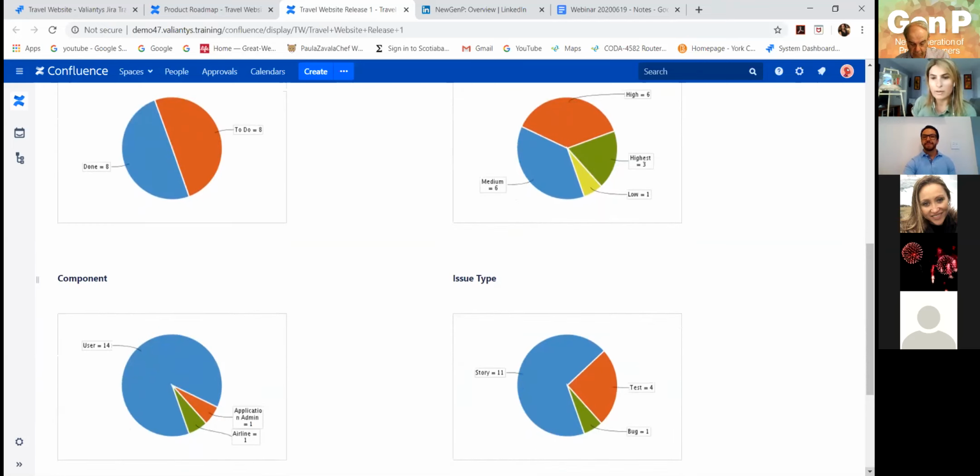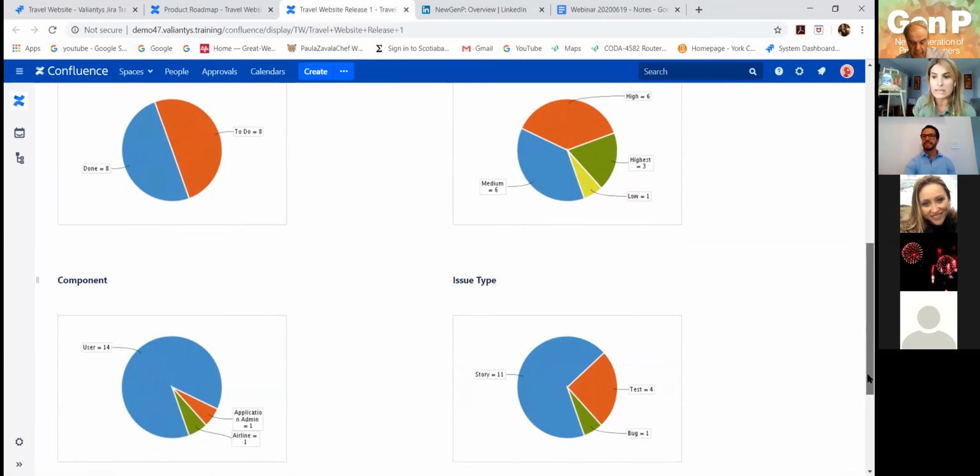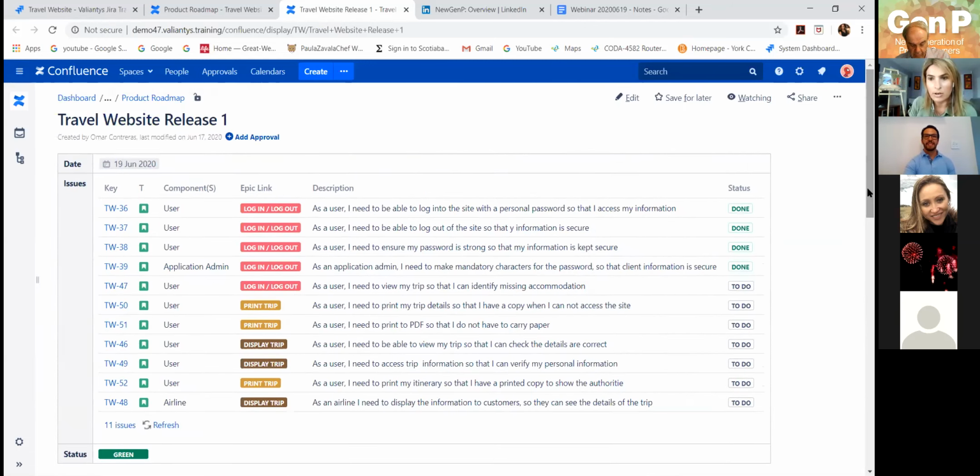Perfect. So we have a question from Nawaz, and his question is, is it possible to visualize dependencies between epics and stories? And I think you showed something in Confluence. Is there any other way? Like here you can see that you have the epics and then you have the stories, but can we see it in a different way? Yes, so the way it works, I'm gonna quickly click on edit,